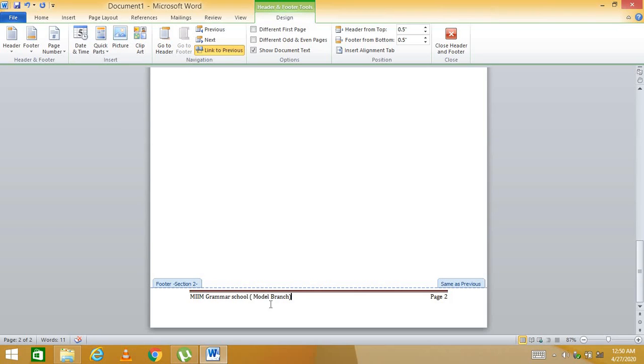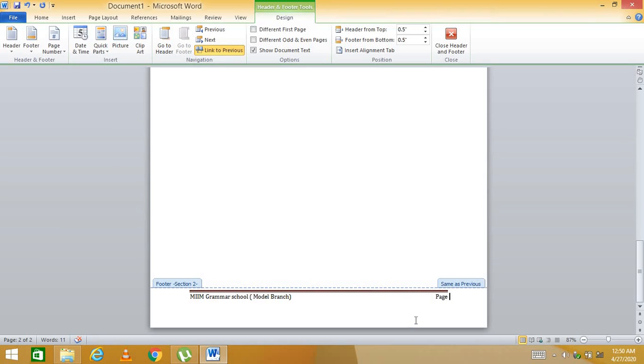I just wanted to show them that this is specifically for the model branch. Now if I want to change the page number here, I just wanted to show them that again it is starting from the page number 1. I will write here 1 again, or simply I will change the style of the page number.